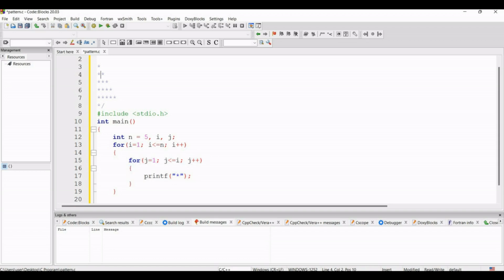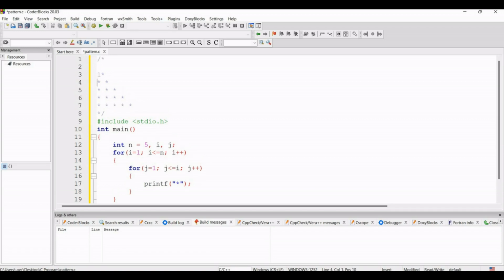Suppose here I am giving one space, by which you can understand the concept very easily. Before every star there will be one space. Now I hope it's clear to see. This is line number 1, this is line number 2, this is line number 3, this is line number 4, this is line number 5. So when the line number is 1, we printed 1 star. When the line number is 2, we printed 2 stars. When it's 3, it's 3 stars. In this way, when the line number is 5, we printed 5 stars.